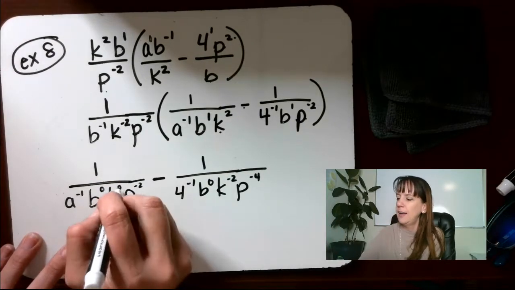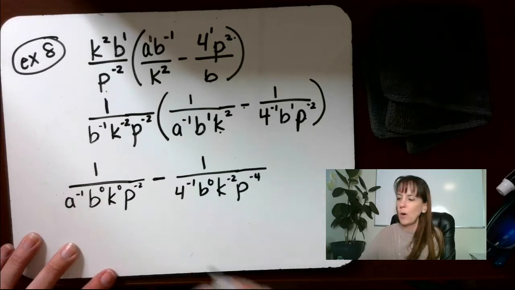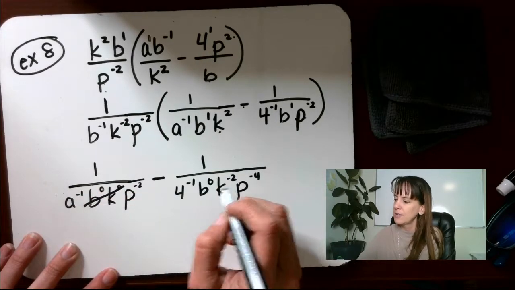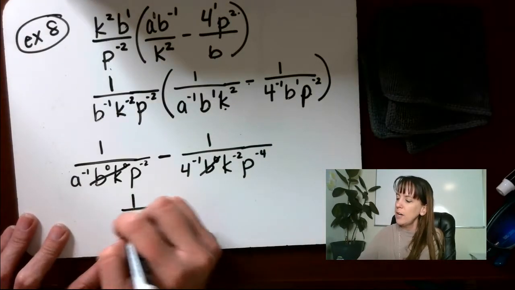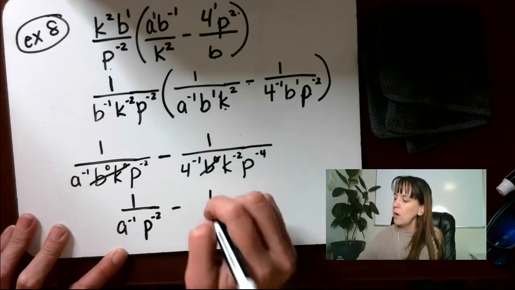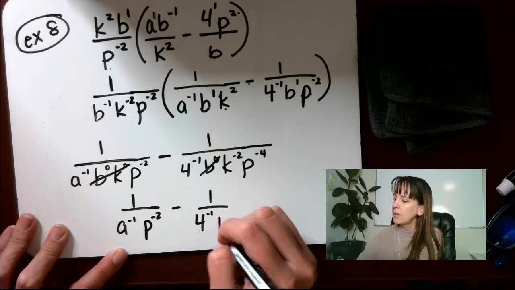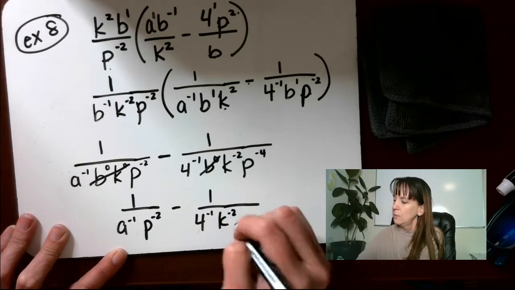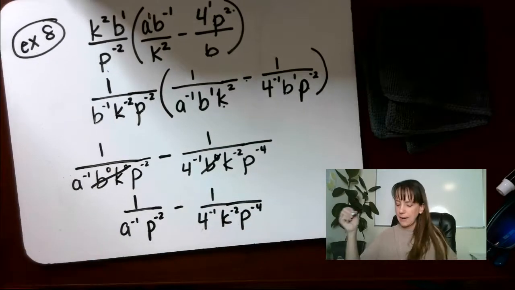Okay, anything to the 0 power is 1, so we're going to get rid of those, get rid of that one. So we end up with 1 over a to the negative 1, p to the negative 2, minus 1 over 4 to the negative 1, k to the negative 2, p to the negative 4, and that is everything in